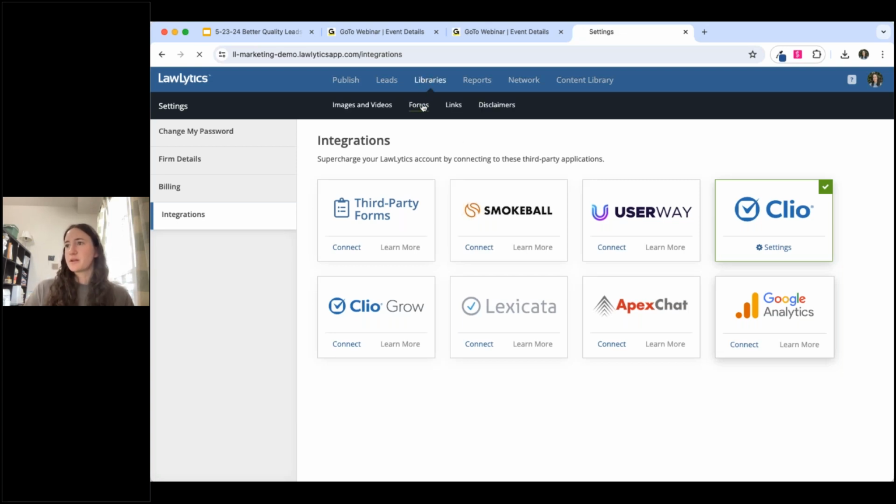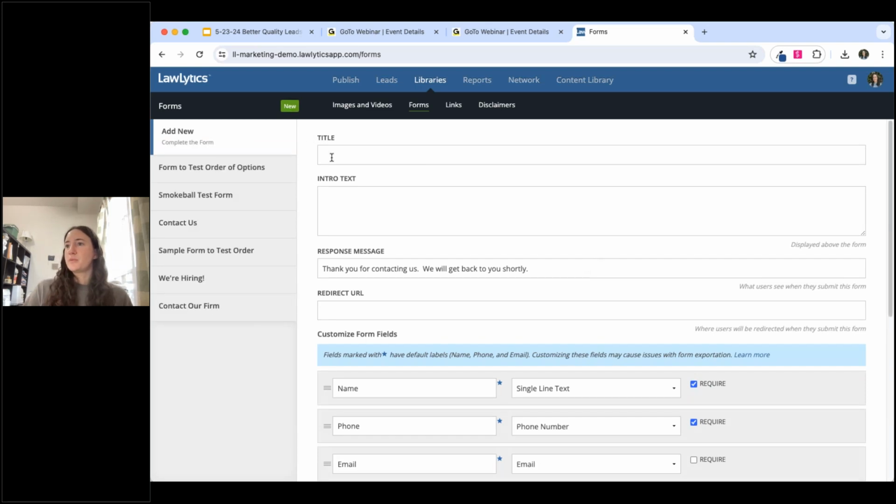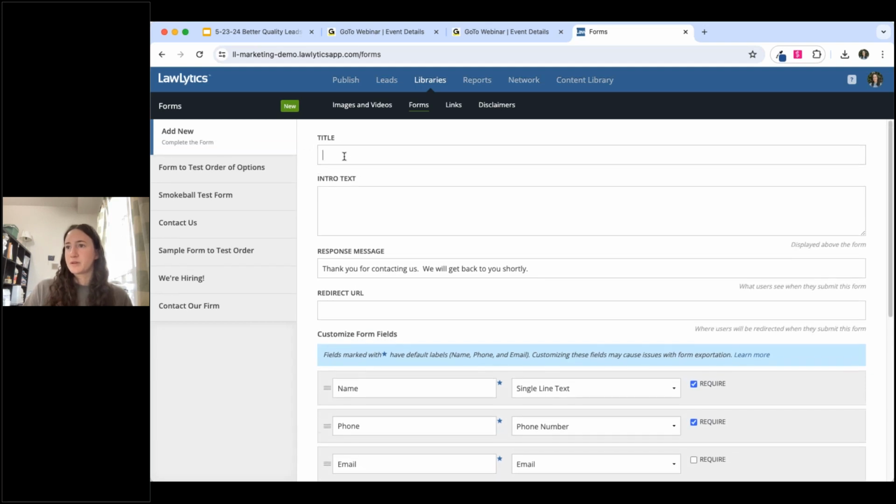So under libraries and under forms, these are all of my previously created forms, but I just wanted to show you around how easy it is to create forms with the Lollytics platform and make all of those little adjustments so that I can make a really specific form that would resonate with my potential clients a little bit better. So if I were to create a new one, all I would have to do is click new,